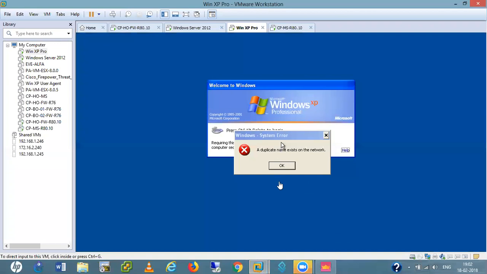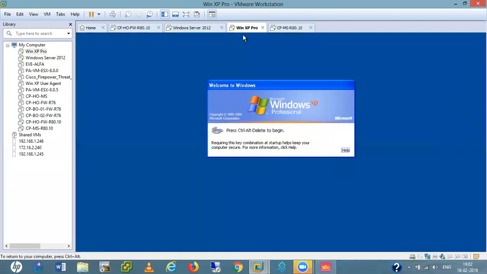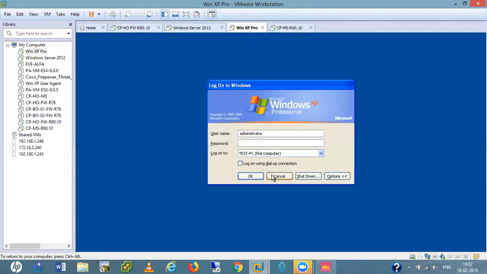Now let me open my PC. So the thing is, now I am logging into my PC. First I am logging in as an HR user. HR1 admin @123.